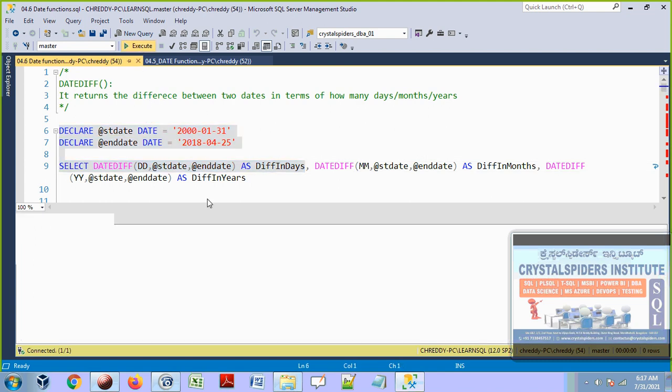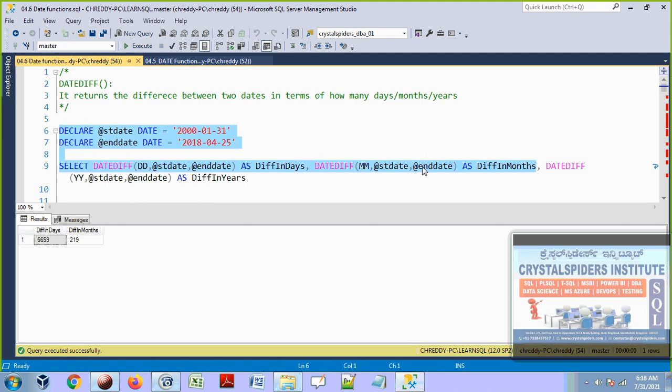Check it out, it is going to return an integer, the number of days. I have given an alias name, define days. It is saying that the difference between these two dates is 6,659 days. And in a similar way, I want to see how many months difference there is between these two dates. Let's count this one. I don't want you to count, guys, 1 2 3 something like that.